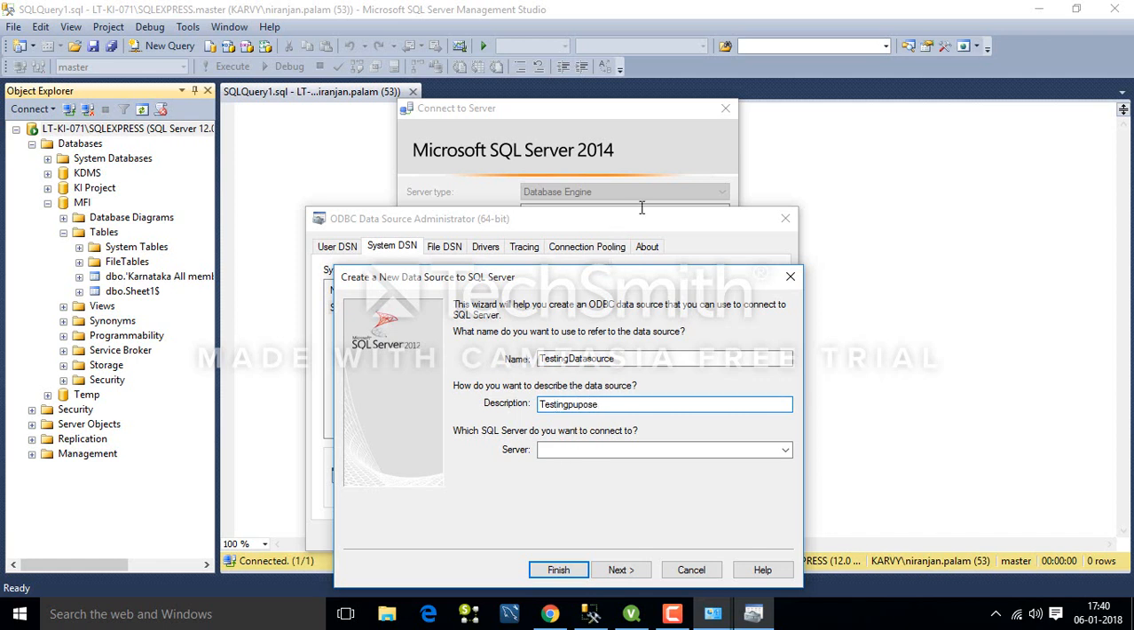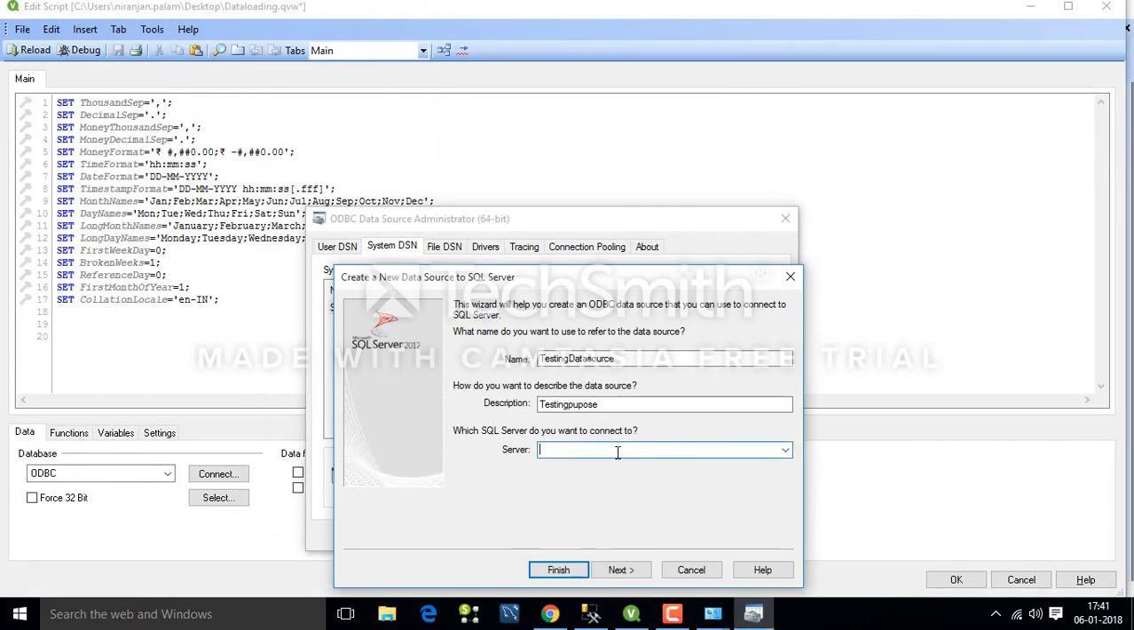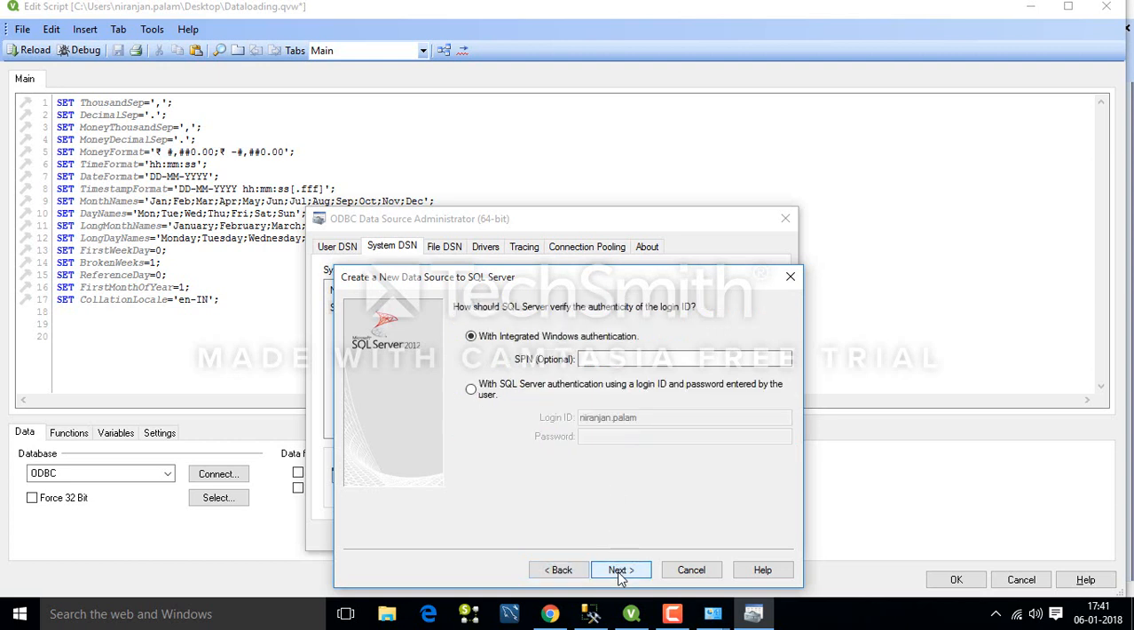Okay, then we have to give the server name. To get the server name, we have to go to the connector option. Okay, we have to take the server name from here. Then we have to click on next. Okay, here